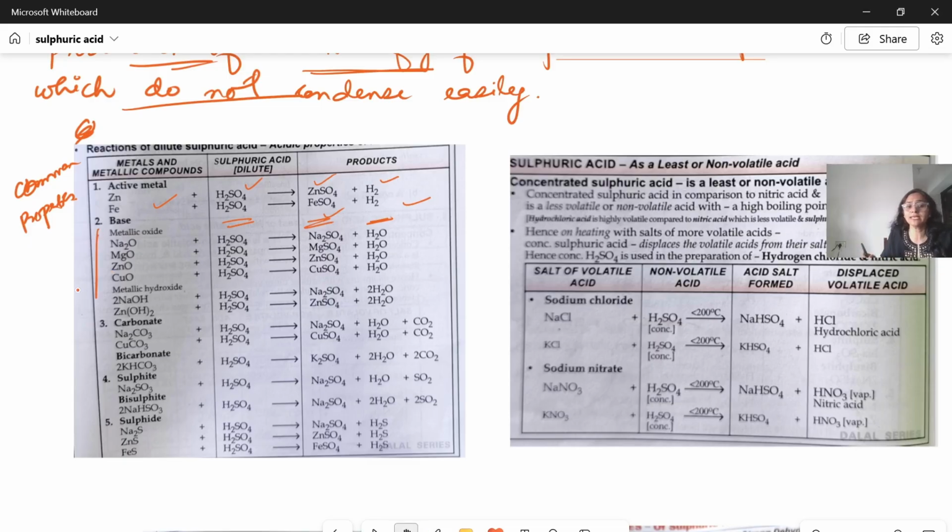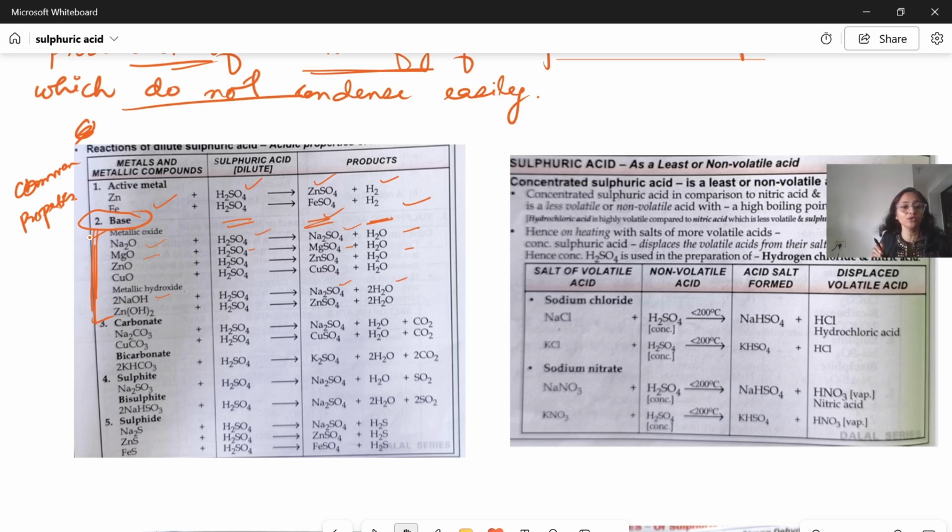कोई भी base and acid, these are all bases, right? Any base and acid, they give you salt and water. So see here, same reaction you are seeing, that sodium oxide, sulfuric acid, sodium sulfate, water. Magnesium oxide, sulfuric acid, magnesium sulfate, water, and so on. So any hydroxide and sulfuric acid, same way you get salt and water. So go through these reactions. These are all reactions where you get salt and water.